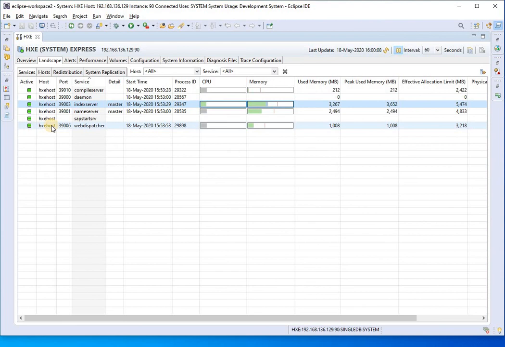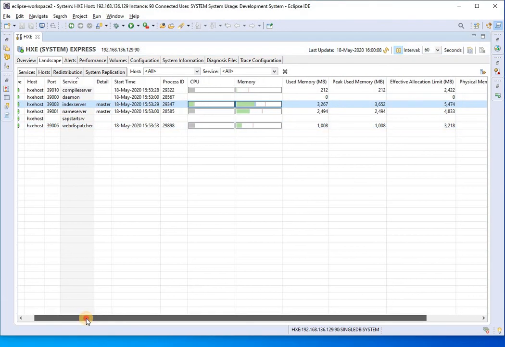If there is any issue with any of the servers, we can see here the green icon will be changed to red or orange, meaning there is some issue with the particular server component. So now since all are showing green, all the server components are running properly.